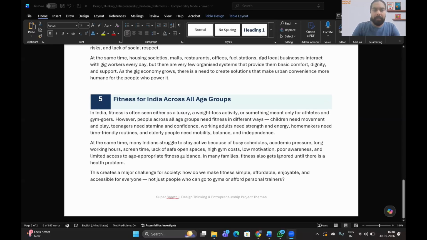Last topic that I have is fitness for India across all age groups. There is a lot of discussion happening in India today about physical fitness, mental fitness, and all kinds of fitness, eating the right things. Suddenly, there is a huge surge in people participating in marathons. Feel free to talk about specific age groups if you want to develop a solution for one. There are already a lot of solutions in the market. Want to take some inspiration from there? Absolutely fine by me.